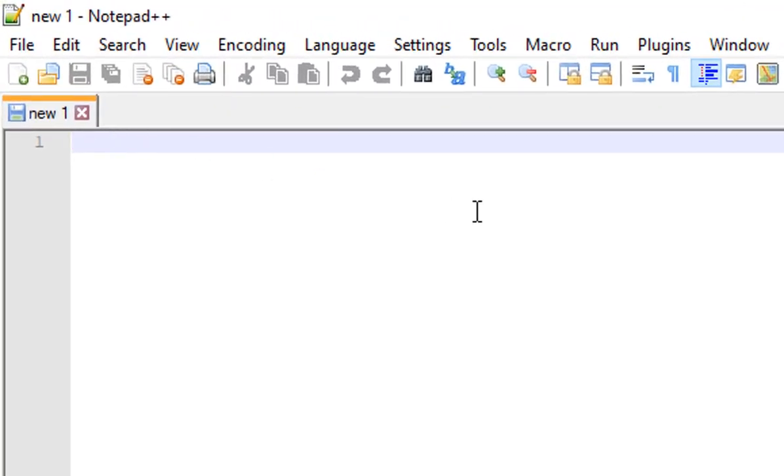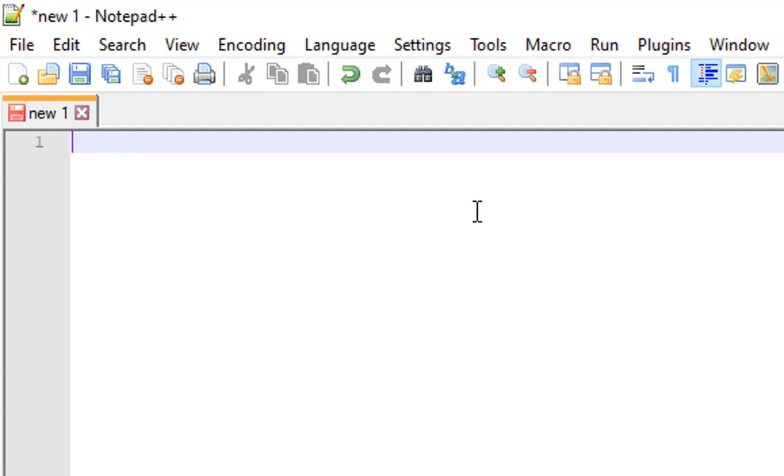Now, the most important part: HTML syntax. If you don't know it, please remember it, because it is the most powerful part of web page designing. First, HTML is not a case sensitive language.